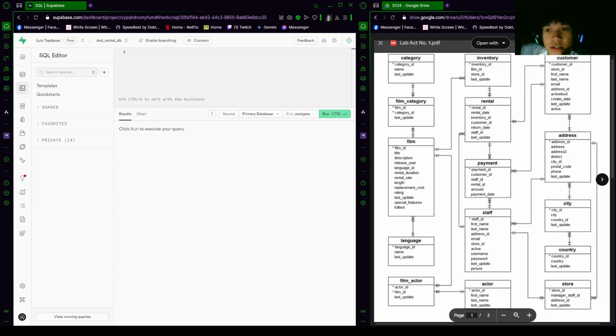So now let's move on to our third query. In this query, we are going to be answering how to display all the language names for the film with rating PG. So on this problem, we are going to be focusing on two tables. First is the language, and then the film, particularly the rating column.